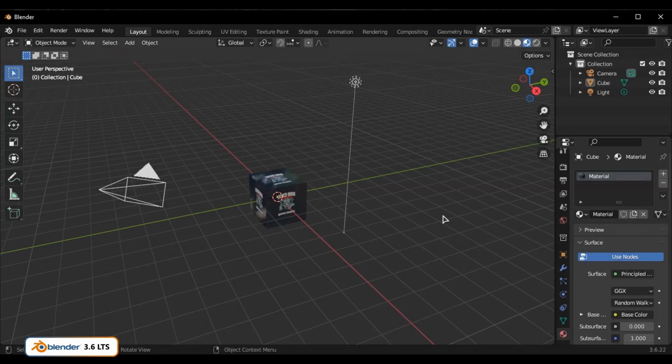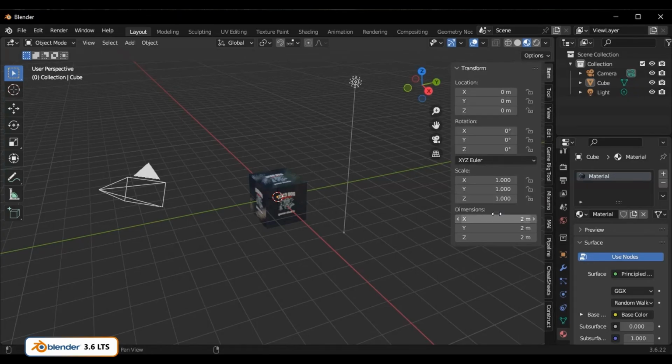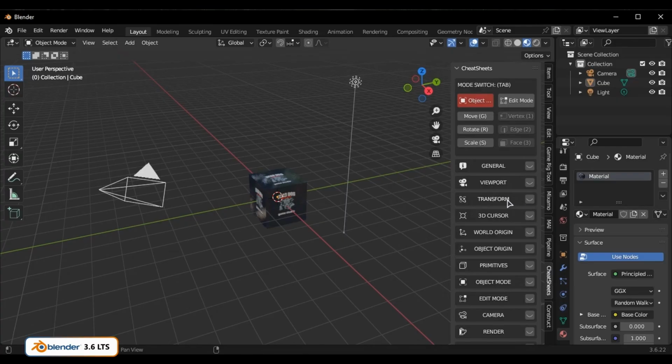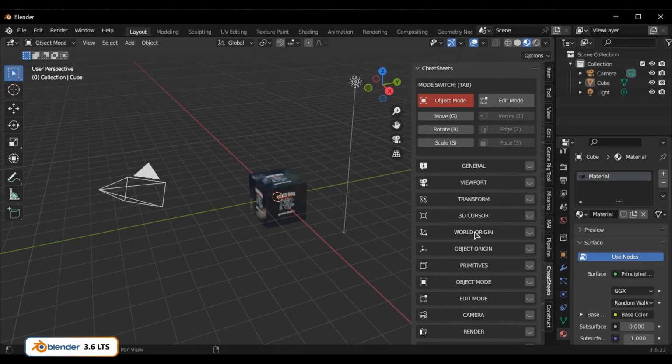Welcome back to this follow-on tutorial for Blender cheat sheets. By now we're going to open up the N panel and we're going to go through the next section, which is world origin. Now, a couple of concepts that newbies have to get familiar with as they come into this